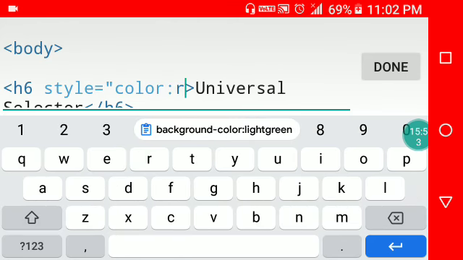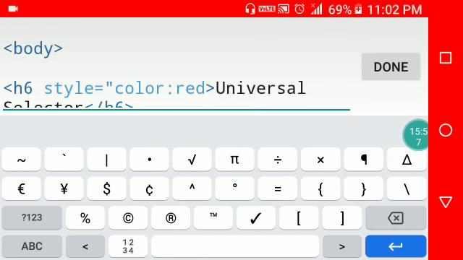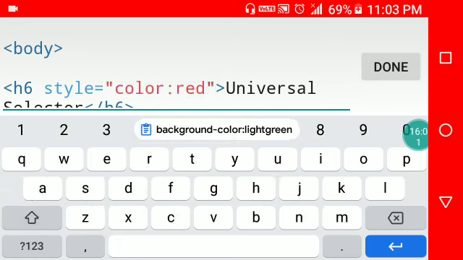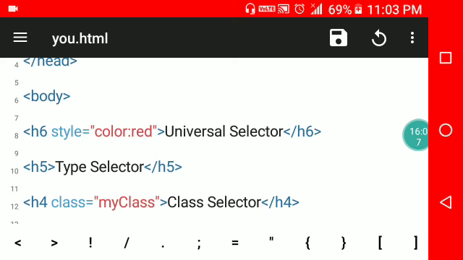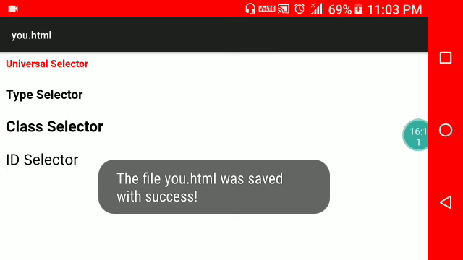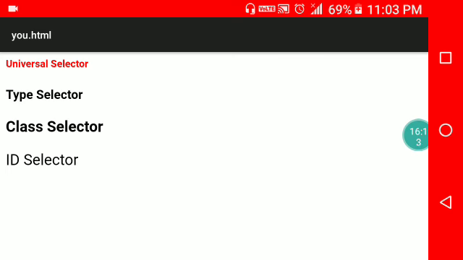Suppose you want the color red, and then close it. Clear? Save the file and see the output. See, in the universal selector the color has changed.